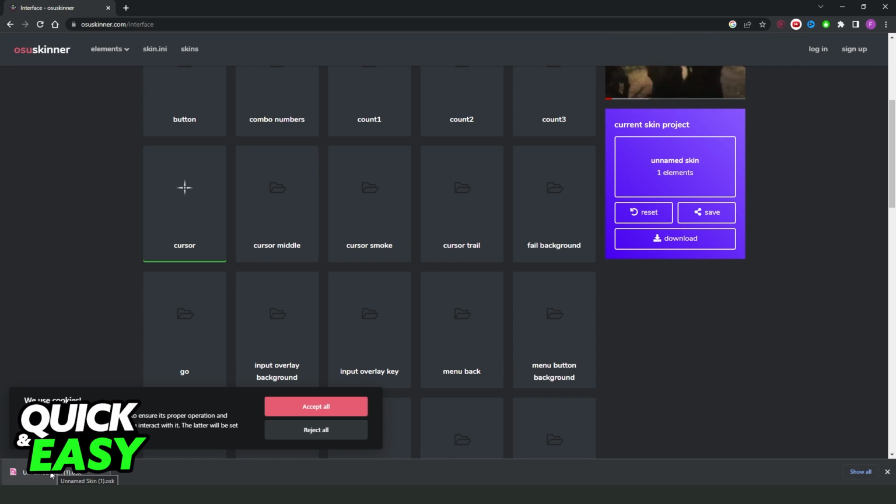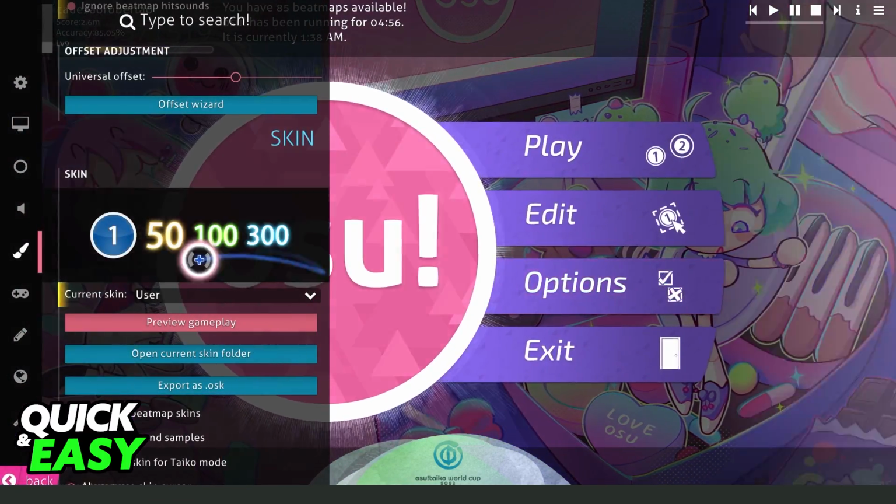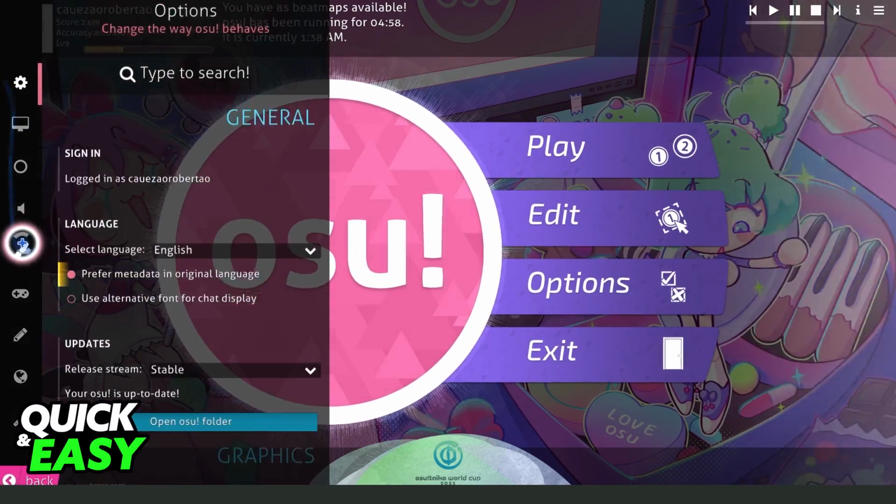Now you just need to click and install the file. Just click right here to install the cursor. After doing that, open your OSU. Okay, come to the main page, click on the OSU button, options, and you will see right here this option, this